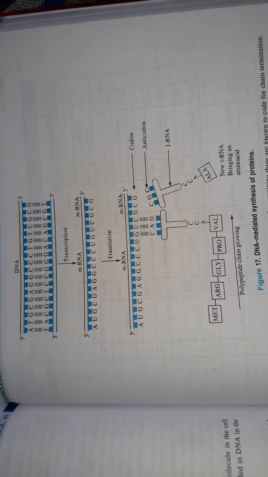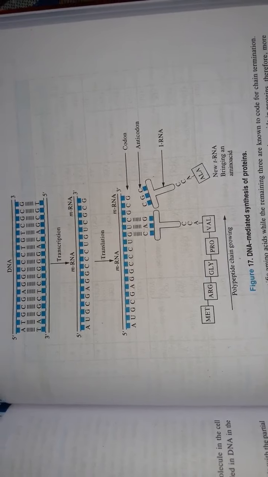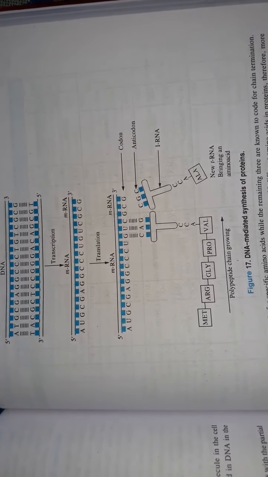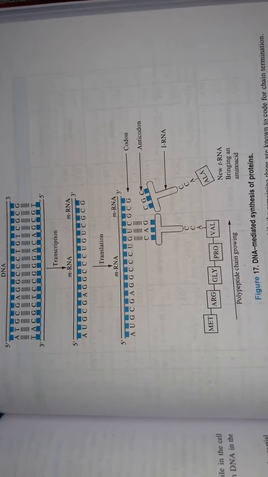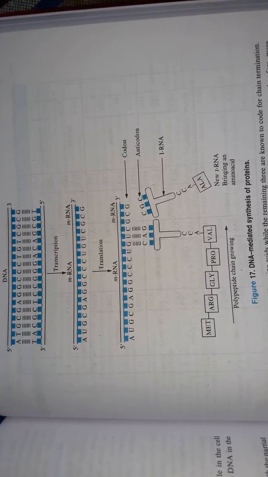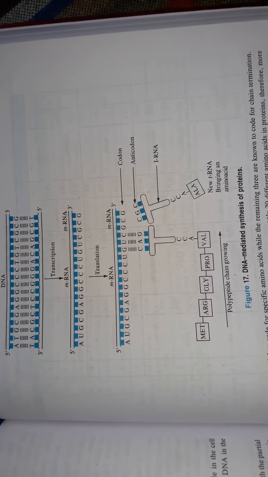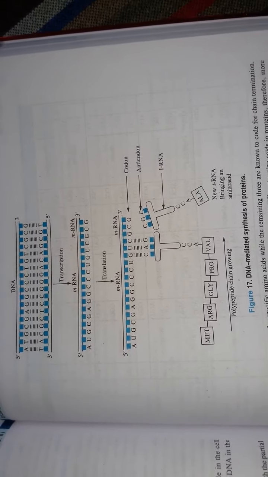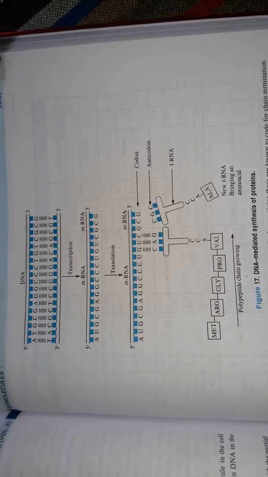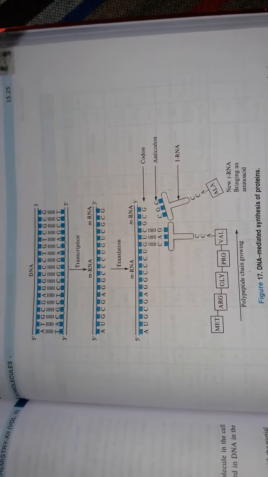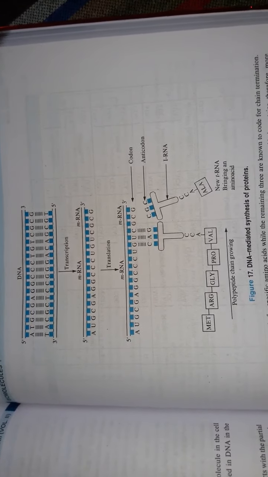So next, after translation, it is converted into the codon and anticodon. Codon is a particular sequence combined with particular bases. Guanine is attached with cytosine, uracil is with adenine, and guanine is with cytosine. And second is your anticodon, which is attached with your transfer RNA, and here the new transfer RNA brings in the amino acid. So this is the basic structure for transcription as well as translation.